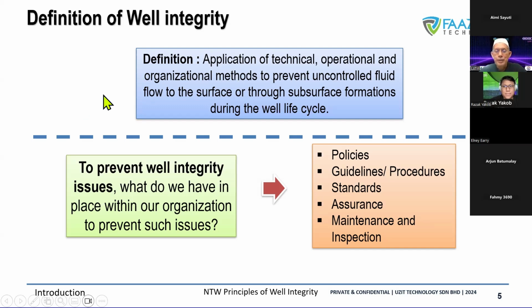So that's why we have all this element of technical, operation, and organization to be totally in place, to be able to act like a professional, handling the oil and gas for the best in terms of revenue coming from the field. Okay, so to prevent well integrity issues, what do we have in place in our organization to prevent such issues? Normally, you have a system, an application that monitors, and of course, to have such a good organization in terms of ensuring the integrity, we need to establish the policy, the guidelines, standards, and then